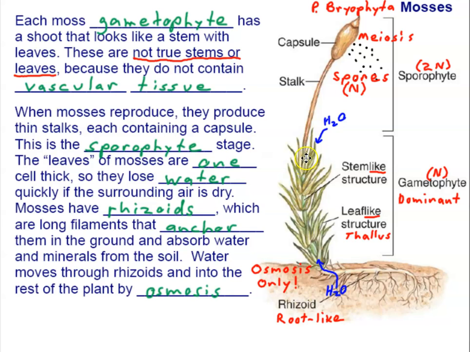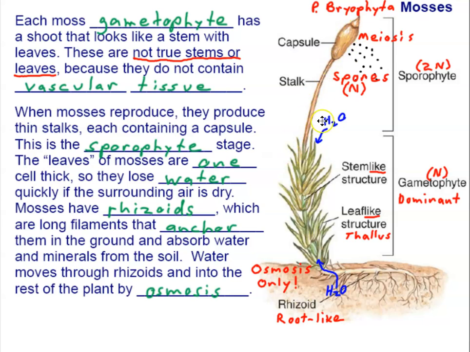It can't go very high off the ground. So the green leaf-like structure is the gametophyte, which is dominant, which is mainly what you see. So that's what's being referred to here as dominant. It's the photosynthesizing part, or generation, I should say, of the plant. And then the sporophyte exists simply to produce spores, and it grows right out of the top of the gametophyte.